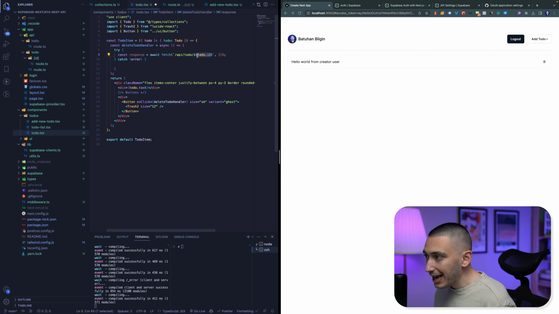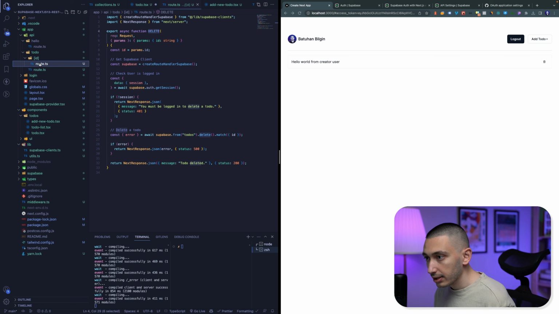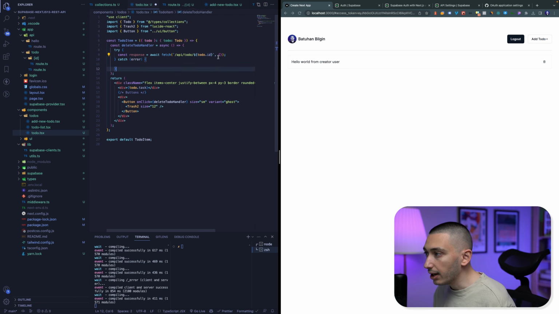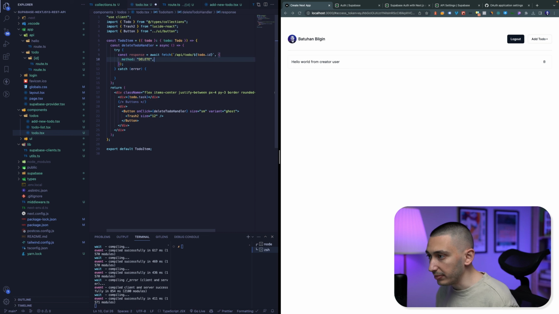What you pass into this string is what you get from this params, this ID, right? Okay, cool. Now we can set our method as delete